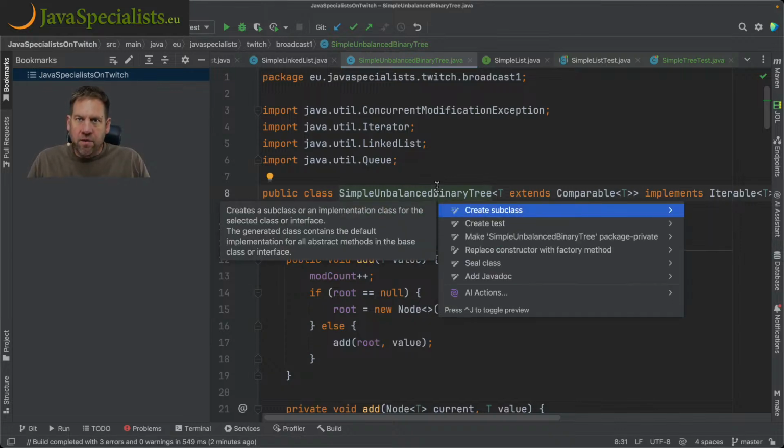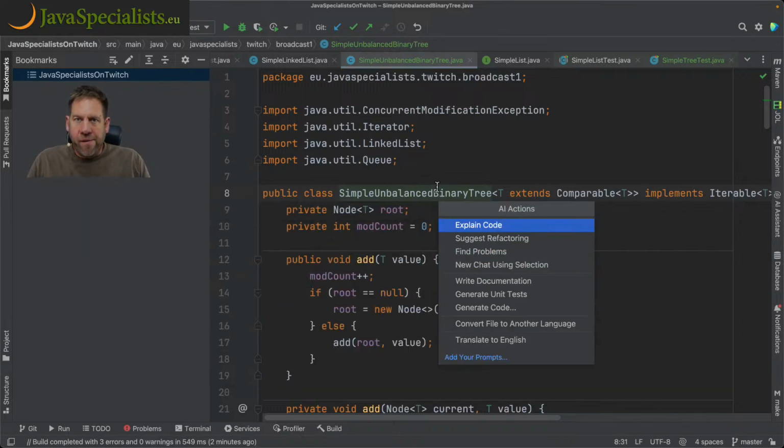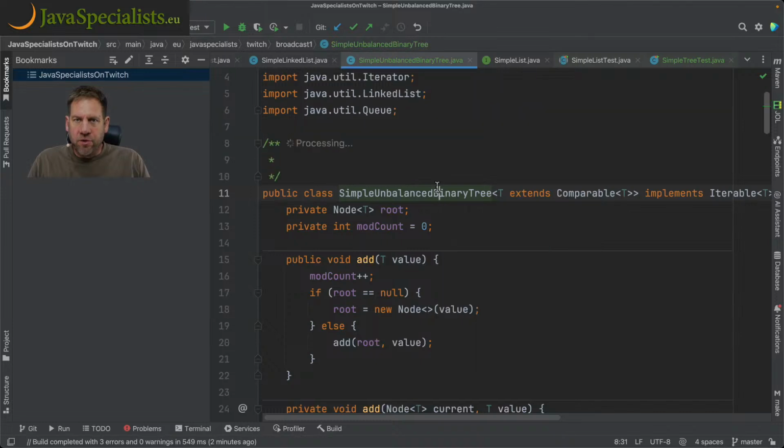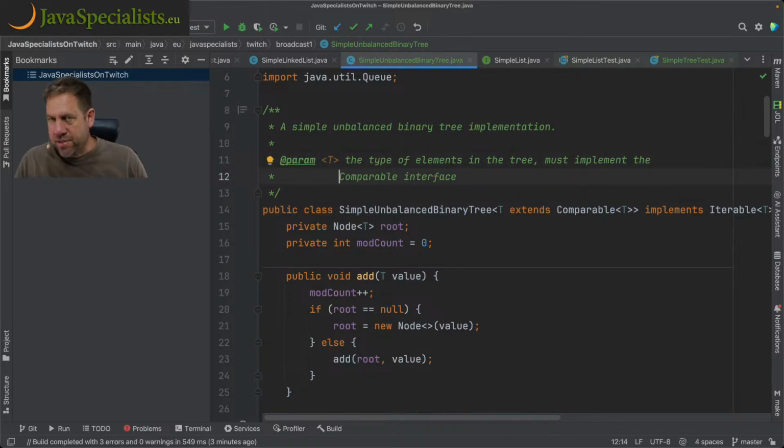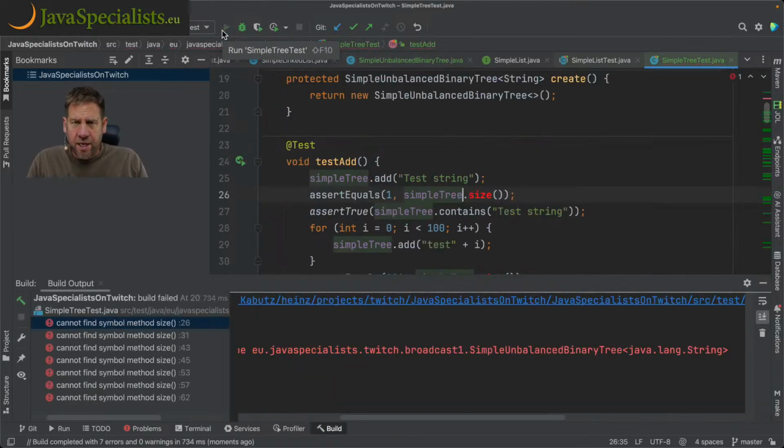Let's say generate a Javadoc, write documentation. What it often does is go and show you the implementation details in the Javadoc, which is not what you want. Most of the time, normally you want to have the interface, not the implementation. This one's kind of obvious, but it doesn't say information about whether it's fast fail iteration, and so on. Let's run the test again and see if it